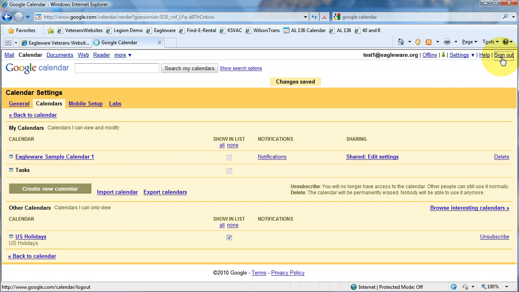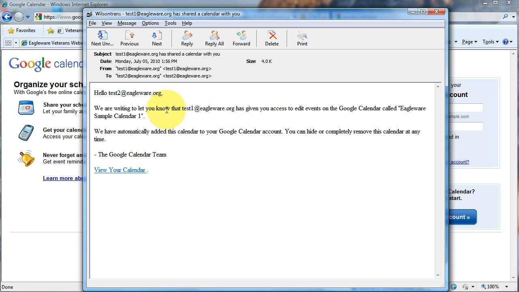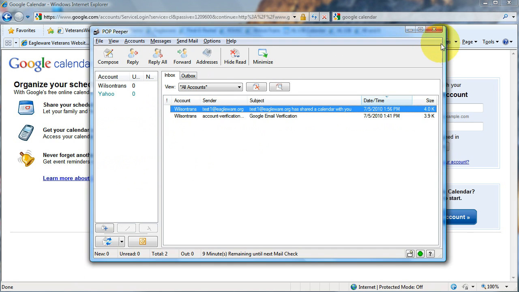Let's go ahead and sign out of here. If we pull up our email program, we notice we got a new email from test 1, which was the calendar account we were logged into, and it's given me notice that I've been granted permission to add and change events in the calendar. We could click this link and go directly to our calendar, or we could just log in,